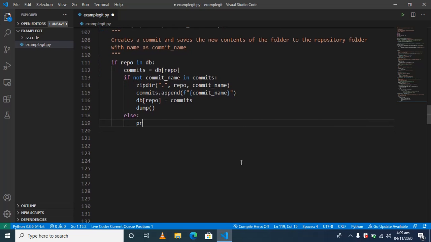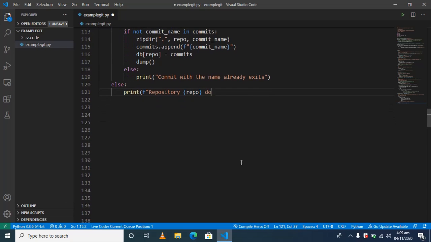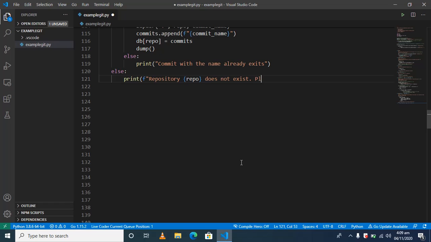Now if the commit exists, you print, sorry, a commit with the name already exists. If it doesn't, then if the repository does not exist, you print, sorry, there is no such repository, because you can't be creating commits in a repository that does not exist. Okay,